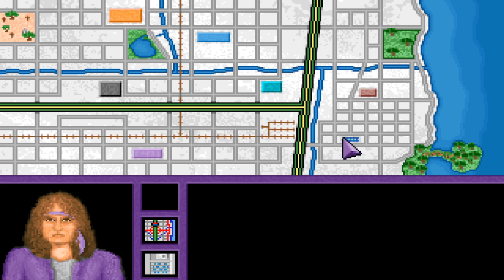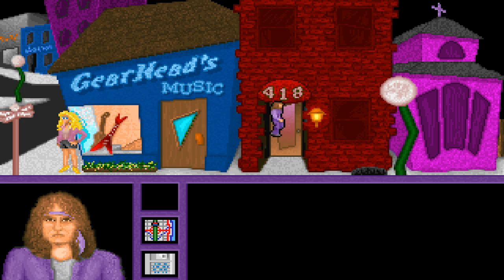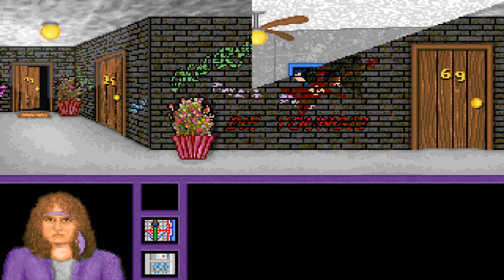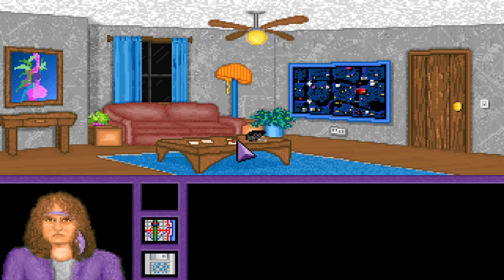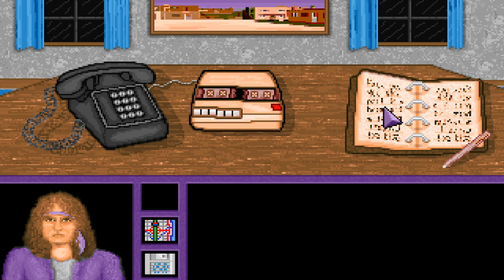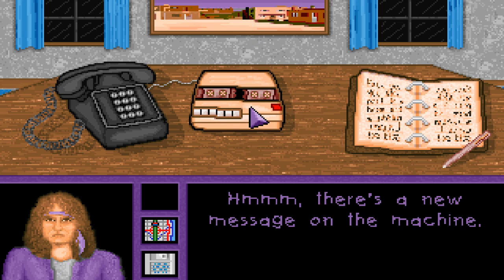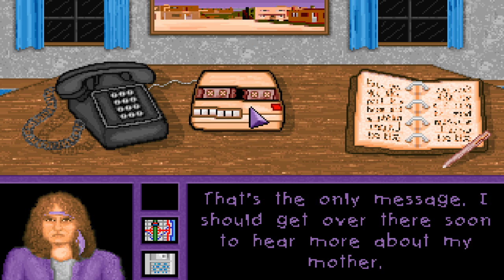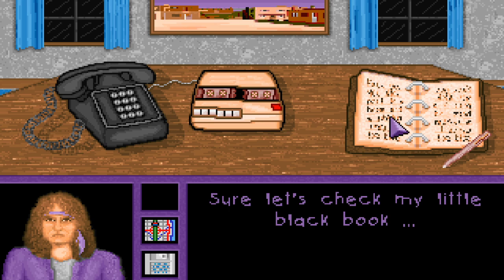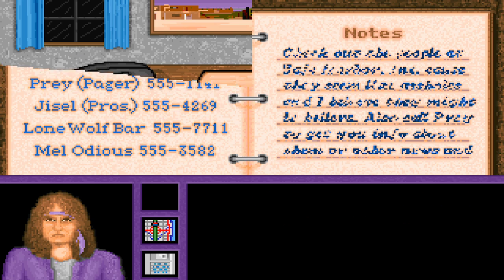Now we need to go back to our apartment because we have gotten what we need. I think we're supposed to pick up flowers somewhere in order to talk to Giselle, so we'll go looking for those in a moment. Kind of forget where they were at. So the tribe gathering is something that only shows up in part 2.